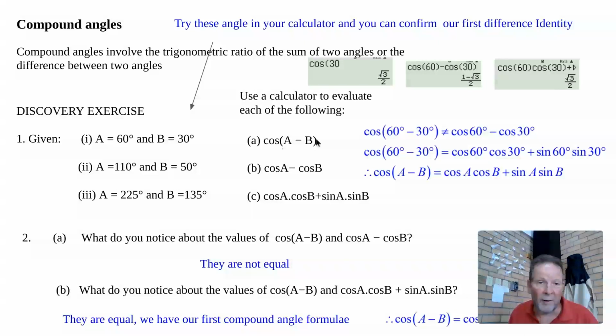The cosine of A minus B really does equal the cosine of A times the cosine of B plus the sine of A times the sine of B. You should have tried it with these angles to show that it's true. You could try it a million times and it would always be true. But the next thing we're going to do after this is try and prove it. And that takes a little bit more